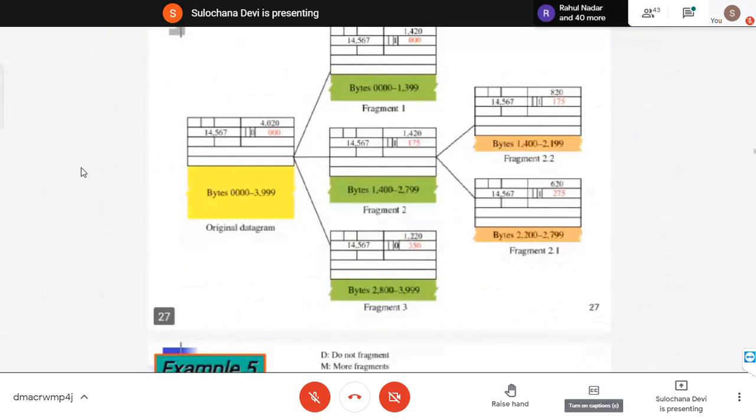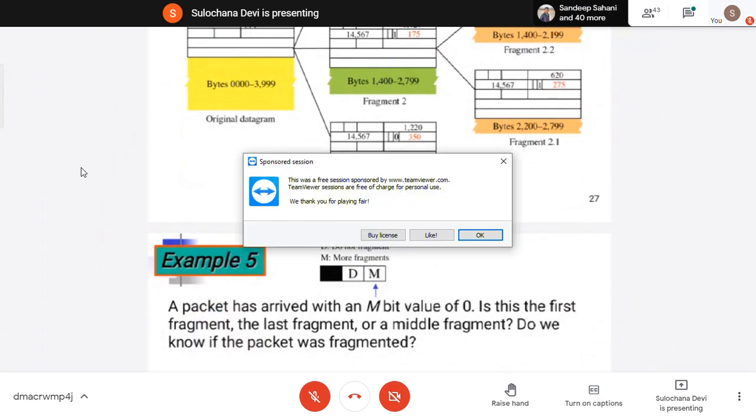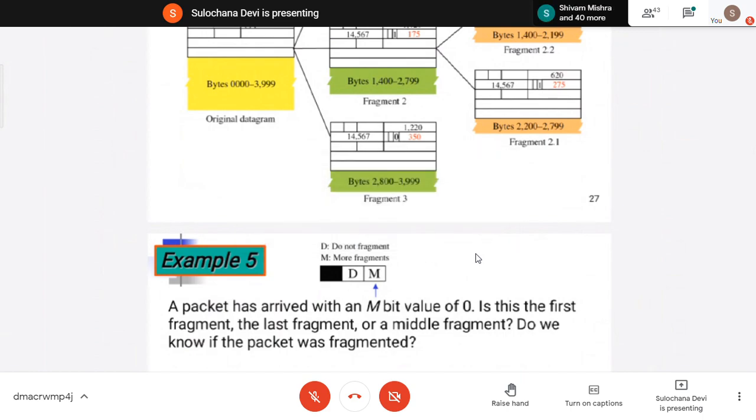Now this is an example. Here, in this packet which is received, the MF bit is set to 0. By looking at this MF bit set to 0, can we identify whether this is the first fragment, last fragment, or the middle fragment? Can we find out that the packet was fragmented? See, if the MF bit is set to 0, it definitely is not a middle fragment, because for a middle or second-to-second-last fragment, the MF bit will be set to 1, because more fragments will be coming.